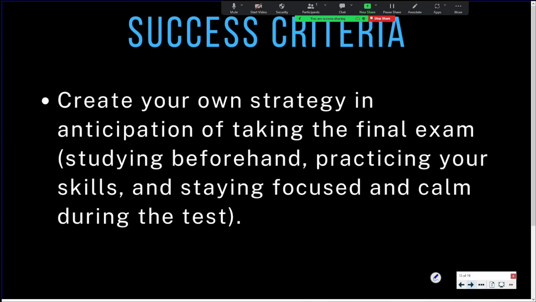Practicing your skills, right? So you do that by watching this lecture, by actively listening, by looking through a newspaper, finding any material in your house and just practice reading it and just ask yourself those questions. Who wrote it? Why did they write it? How did they write it? And then having a mental strategy for going into that test, knowing that you've done the preparation and practicing those techniques like taking a deep breath out,